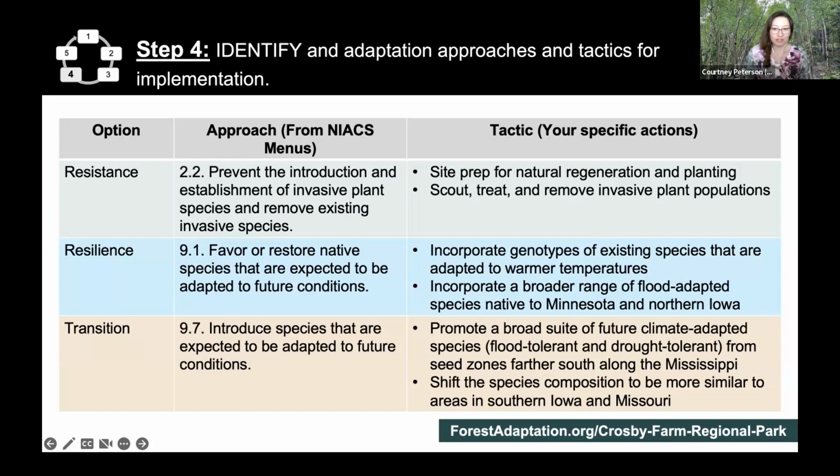So what we really want to do is go in and do a lot of site prep, make sure we're reducing that competition, getting rid of that bush honeysuckle, and making room for that natural regeneration of those native species, and then going in and planting where needed to supplement that natural regeneration. We also wanted to go and scout and treat and remove those invasive plant populations. So doing a little bit of herbicide of those invasive species to try to make sure that we're preventing them